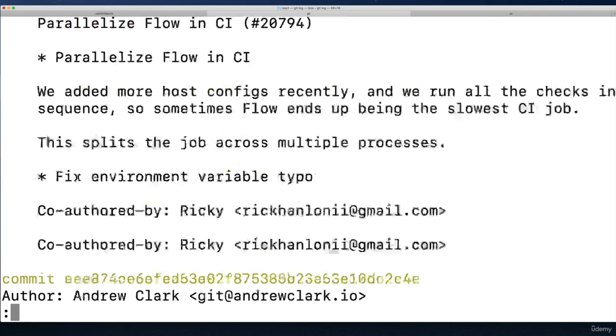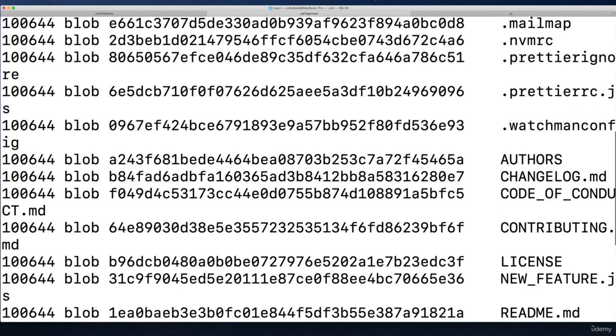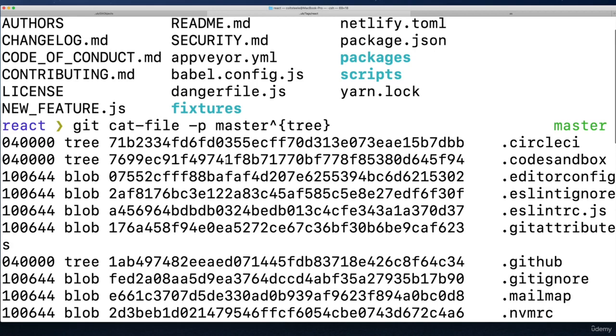This is that React repo that has all sorts of commits, lots of files in here. You can see them, a couple directories, okay? Really just fixtures, packages, and scripts, and then files. Now, if I do git cat-file -p, and then I'm going to do that weird syntax. So master and then caret above the 6 tree, like that. And I hit enter. It pretty prints a lot of stuff. We could ignore this over here. This is the file mode. Doesn't matter. But it also shows us if it's a tree or a blob, and then the hash for each,